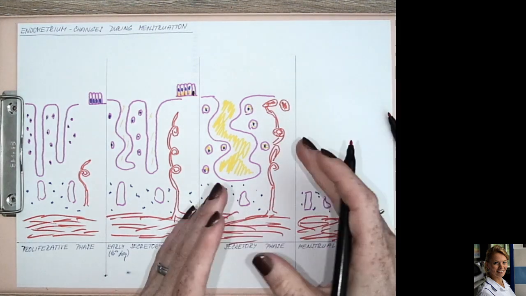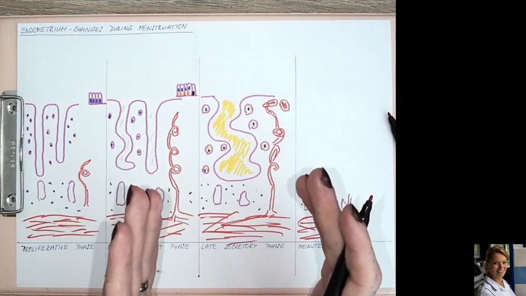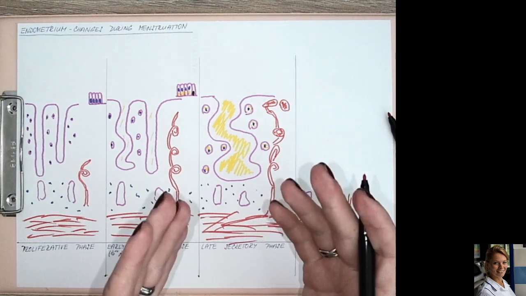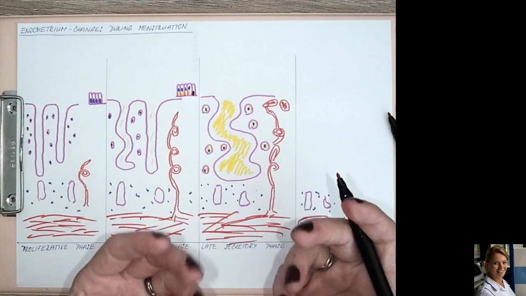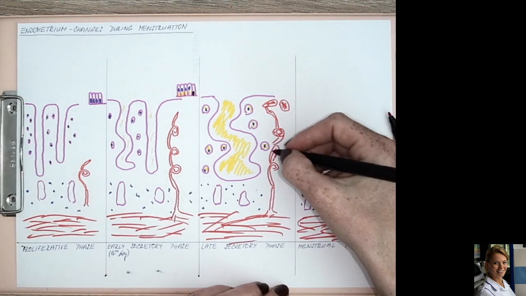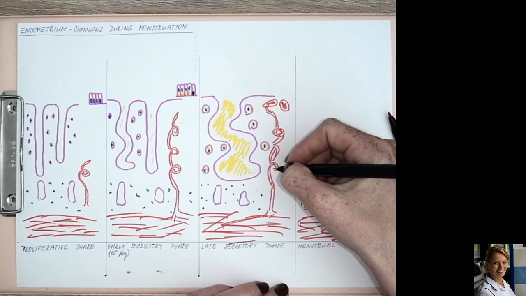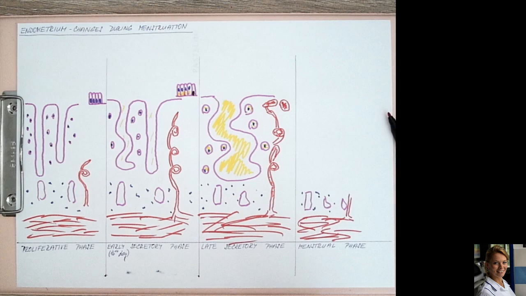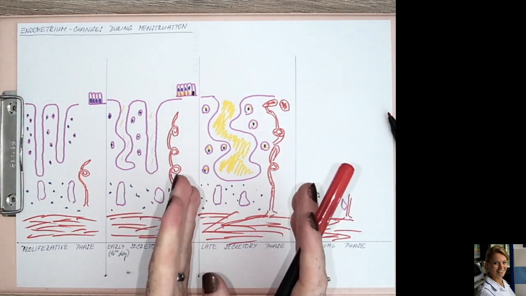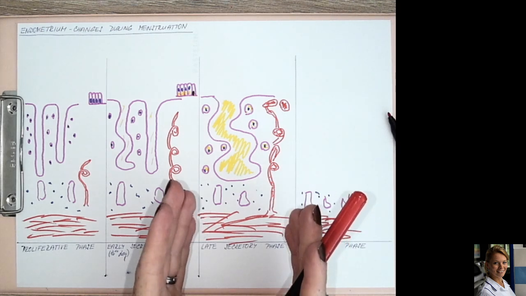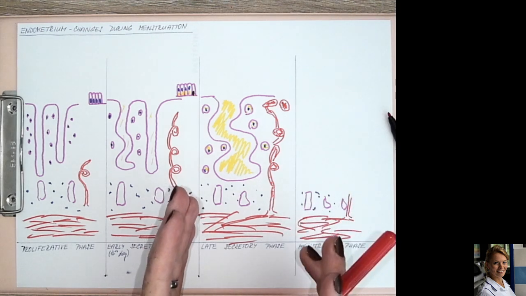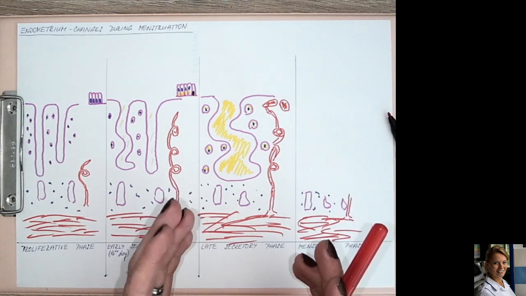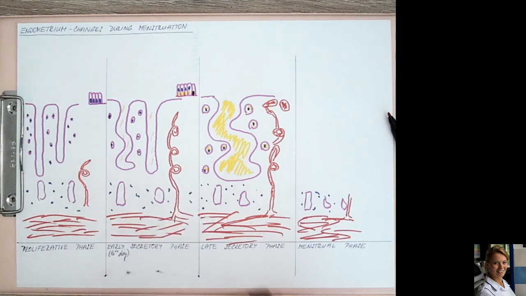So the endometrium is prepared for taking the embryo, and it's full of nutrition for the developing embryo. The appearance of endometrium in late secretory phase is similar to early pregnancy endometrium. So in the menstrual phase,